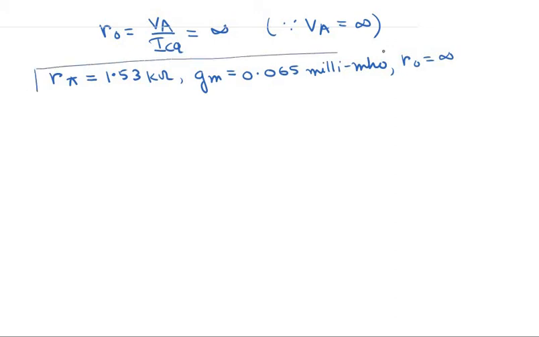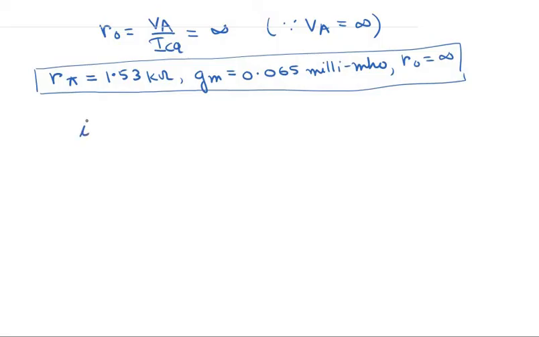So it asks to find out these three parameters. Now the second question is, what is this value of the output current I0 divided by the input current, and what is this output voltage divided by the input voltage. So this is the voltage gain AV, and this is our current gain AI.